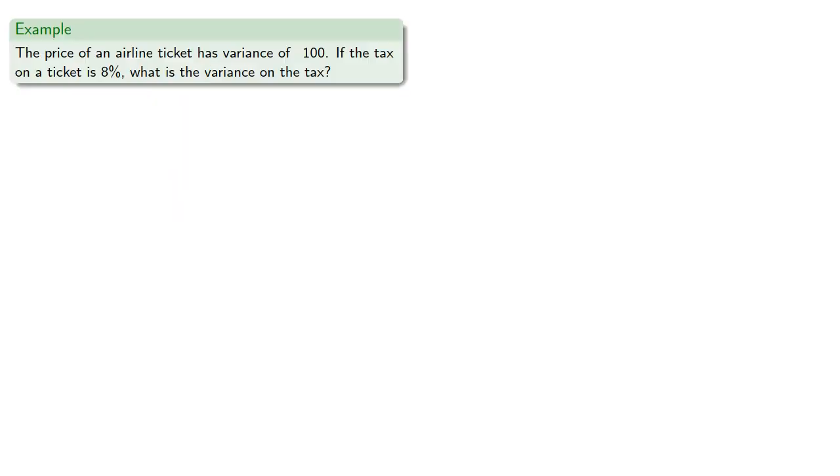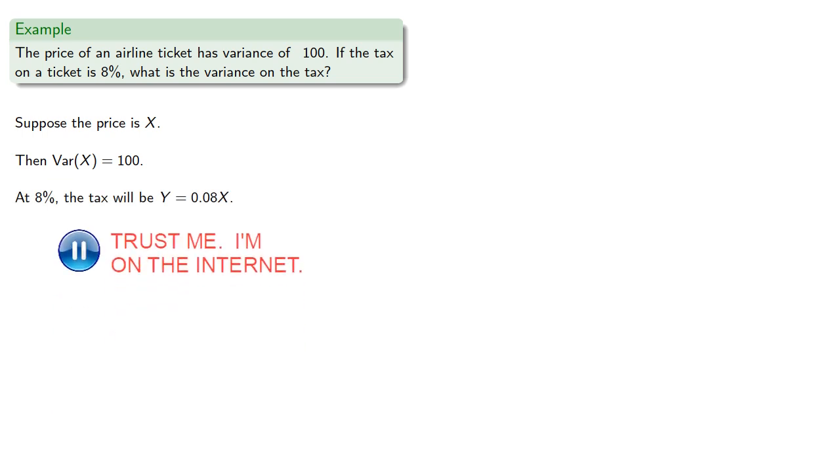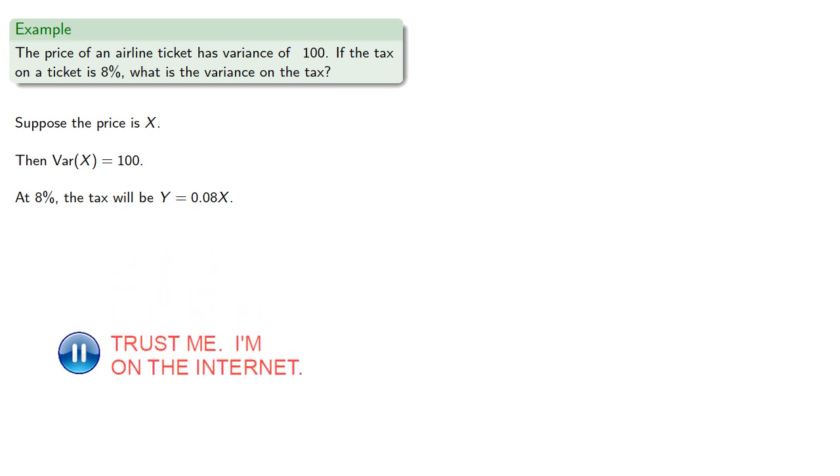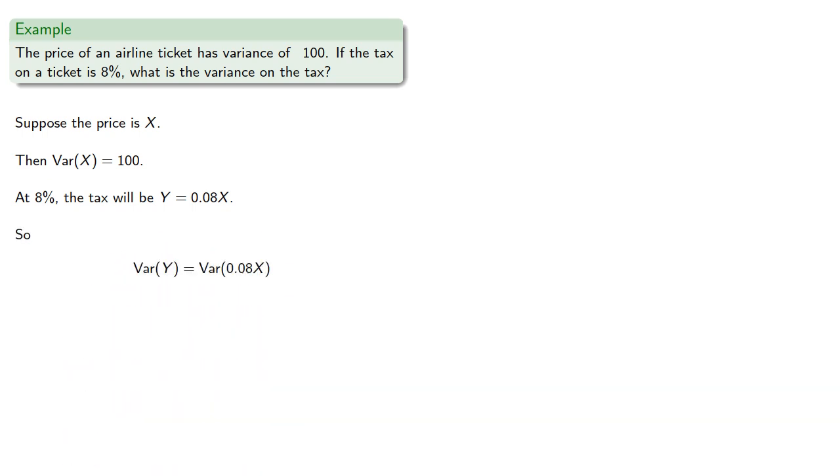So, for example, suppose the price of an airline ticket has a variance of $100. If the tax on a ticket is 8%, what's the variance of the tax? So suppose the price is x, the variance is 100. At 8%, the tax will be 0.08x. And so our variance of y will be the variance of 0.08x. We can remove the constant factor as its square, and then substitute in our values, we find